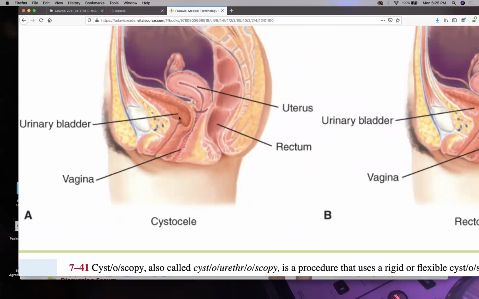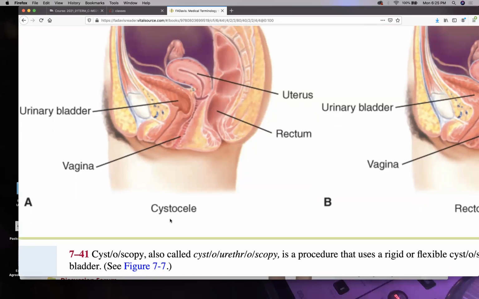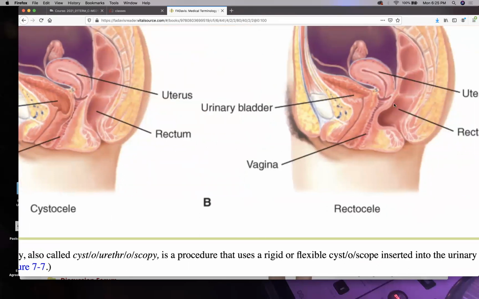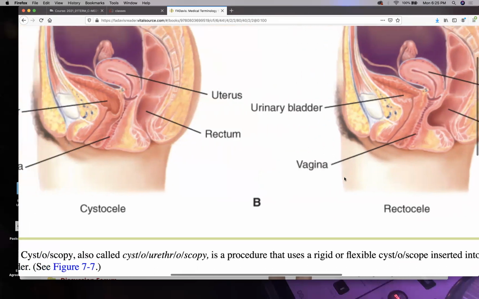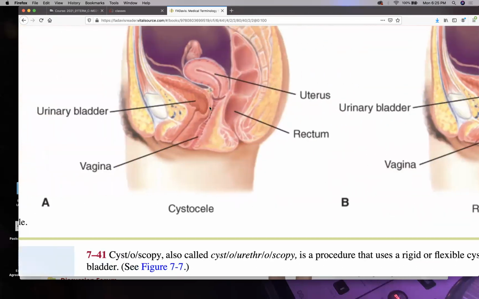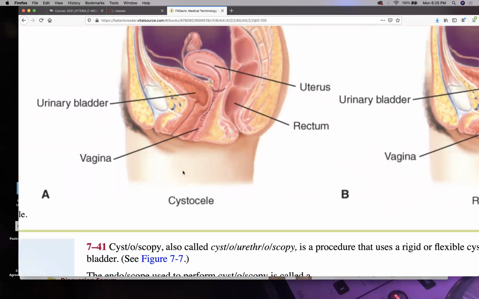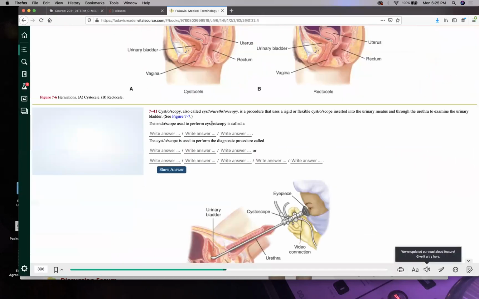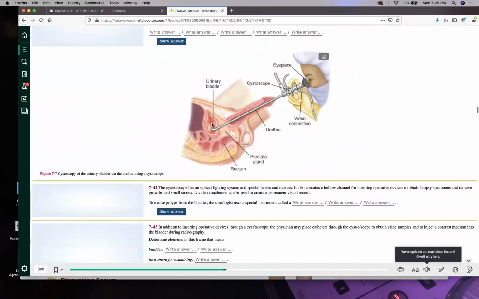Okay. So you look at this. This is your urinary bladder. You see how it's sticking out where it shouldn't be sticking out, right? Right here. Well, that's a cystocele. And over here, the rectum, right? This tube here is supposed to be straight and going straight down. You see how it's sticking out here? And sometimes it even sticks out over here when it gets really bad. And that's a rectocele. And if the vaginal canal here starts to prolapse, it's called vaginal prolapse, also known as a colpocele. So cele, the suffix, means herniation, something sticking out that shouldn't be sticking out.